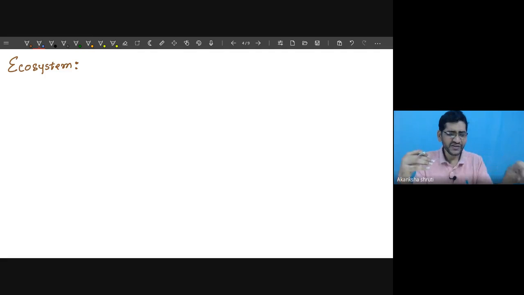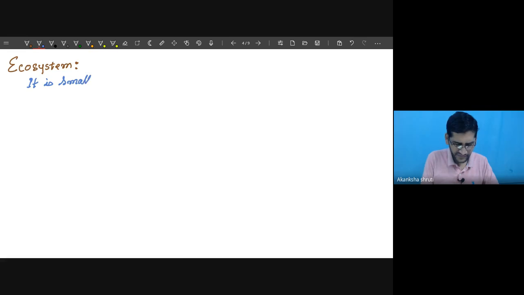So right, interaction among the organisms in an area together with non-living constituents of environment is called as the ecosystem. So right, it is a smaller zone where interaction